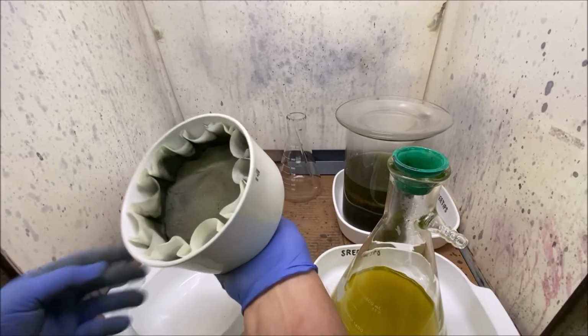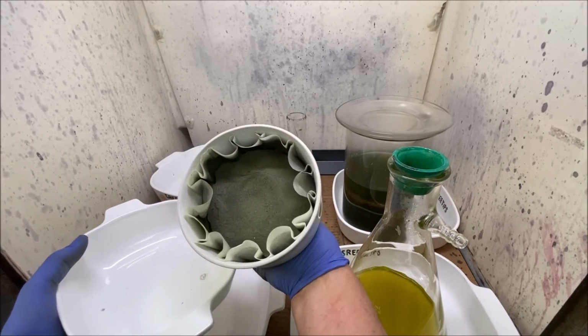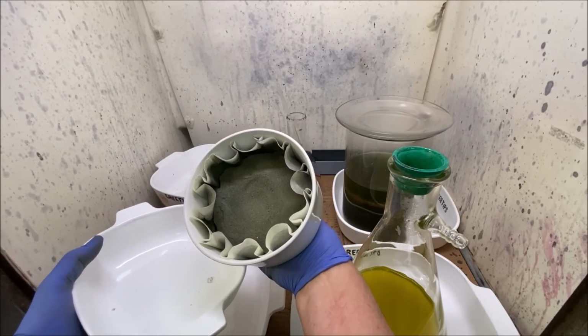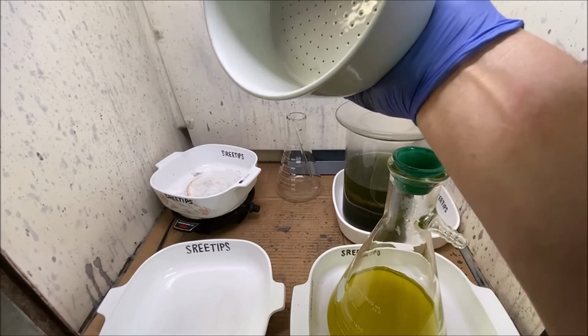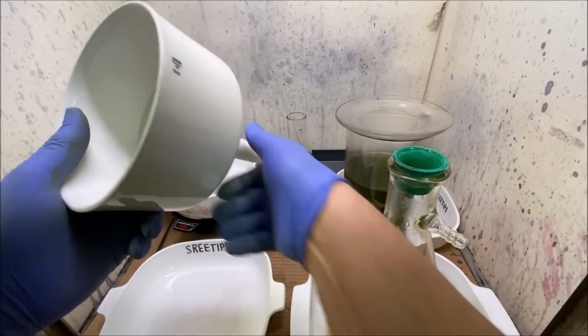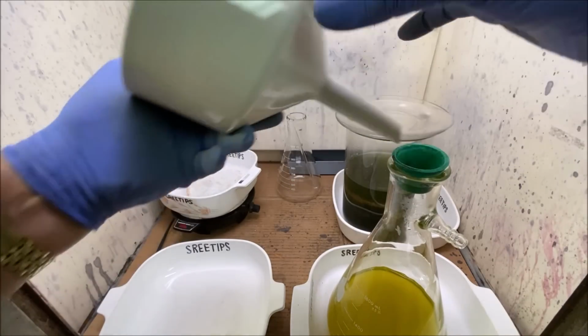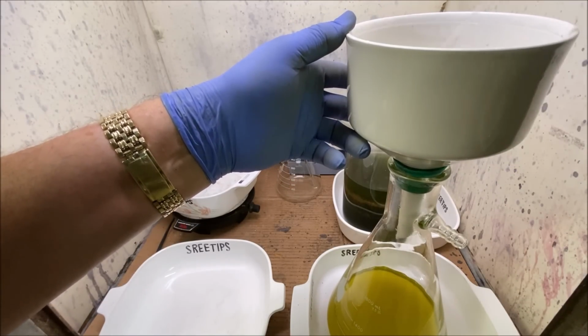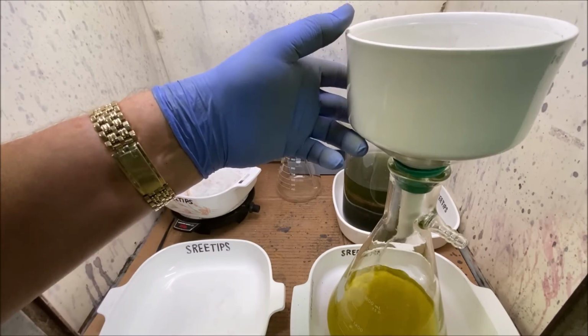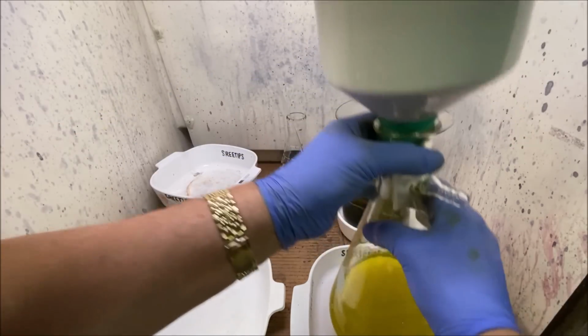Here's the solids. We're just going to save those. There'll be a little bit of gold in here, but not much, maybe a 1/4 to 1/2 gram. I'm just going to save those in a dish. And now what we'll do, let's rinse this out. Now what we'll do